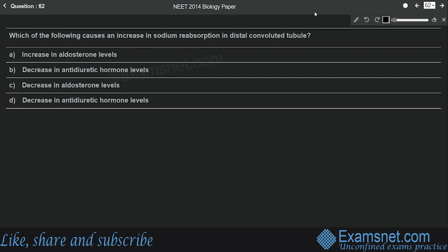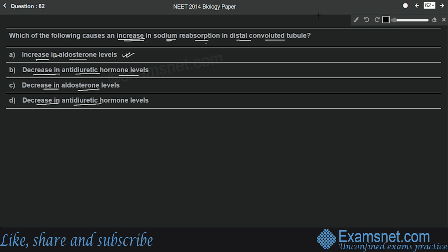Question number 62 is from the chapter Excretory Products and Their Elimination, and the question is, which of the following causes an increase in sodium reabsorption in the distal convoluted tubule? Option A, increase in aldosterone levels. Option B, decrease in antidiuretic hormone levels. Option C, decrease in aldosterone levels. And option D, decrease in antidiuretic hormone levels. So the correct answer will be option number A, that increase in aldosterone level causes an increase in sodium reabsorption